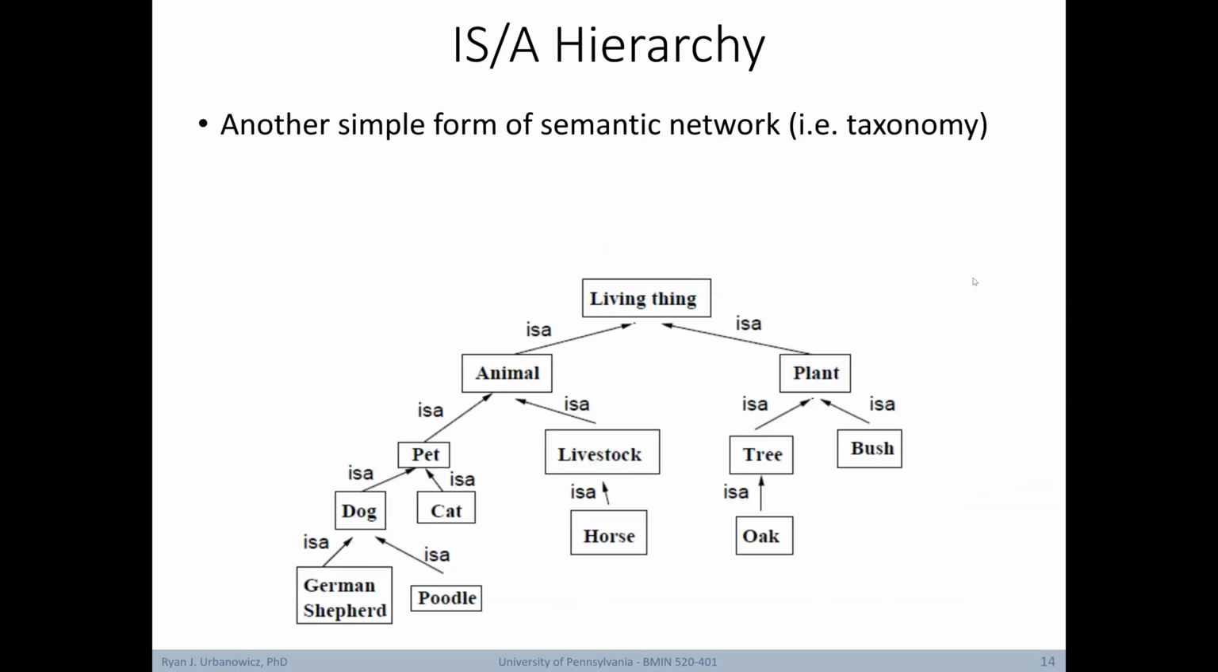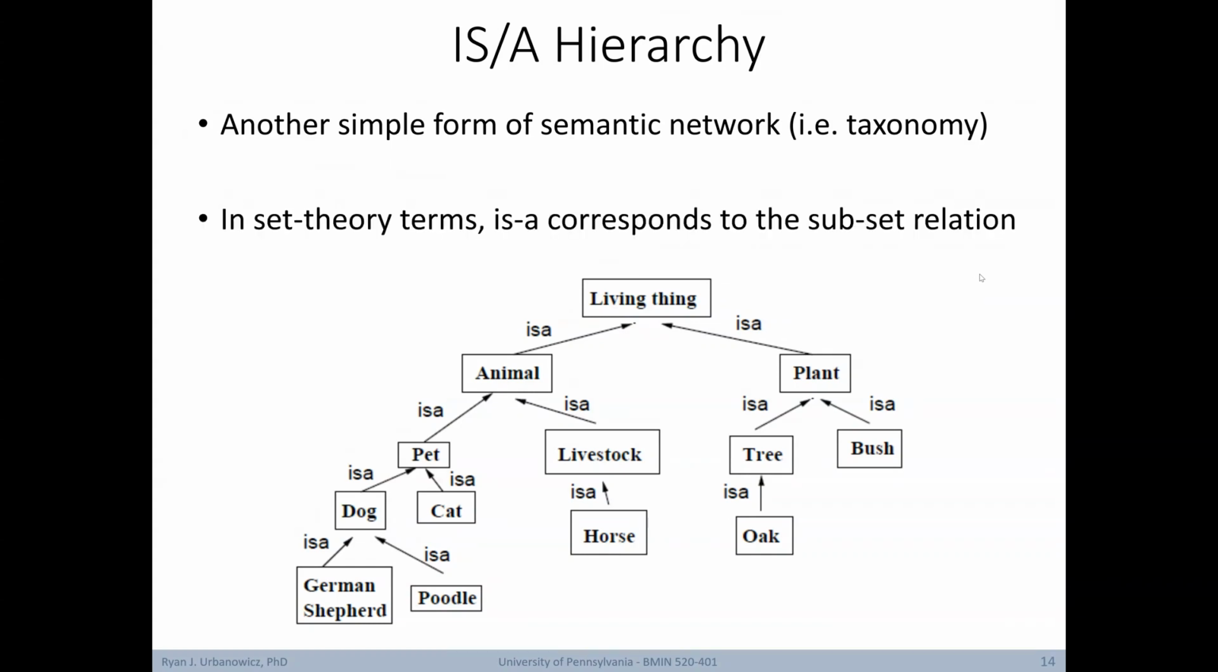Now let's examine another simple form of semantic network called an is-a hierarchy. An example of this would be a taxonomy. From the perspective of set theory, is-a corresponds to the set and subset relationship. Notice that as we go up the tree, there is an is-a relationship connecting each node. In other words, a German Shepherd is a dog, which is a pet, which is an animal, which is a